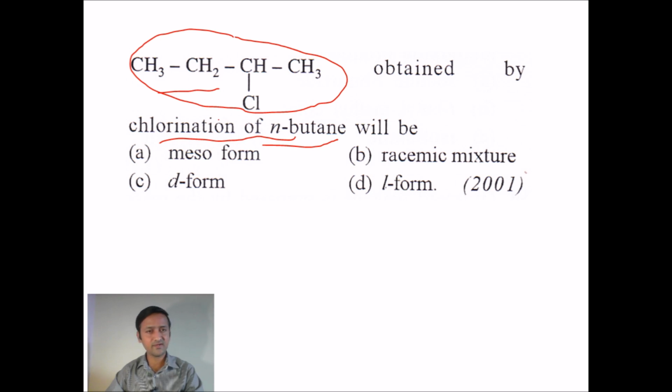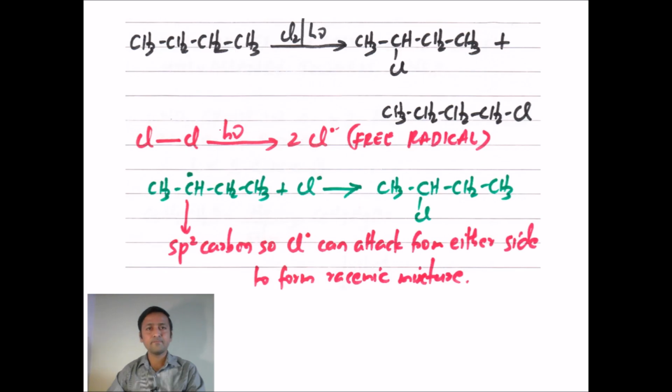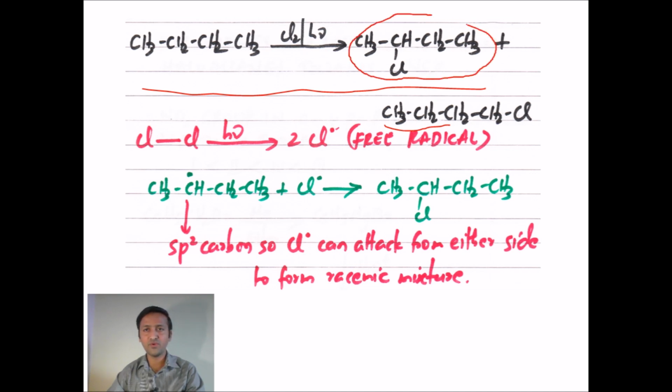Now if we take free radical, let me take some reactions here. This is the general reaction I have taken first. What happens when n-butane is chlorinated in the presence of sunlight? We'll get formation of two compounds. One is 2-chlorobutane and the other is 1-chlorobutane. I said there are only three steps: initiation, propagation and termination. So I have not taken all the steps here, only the important steps.